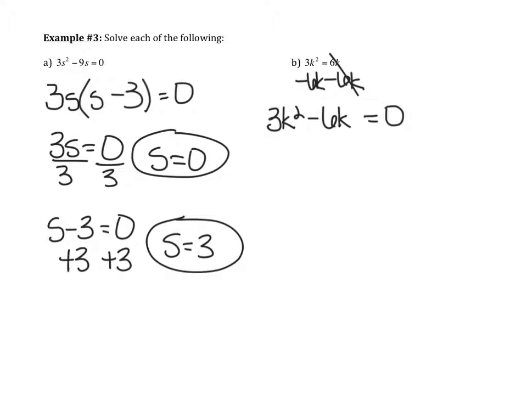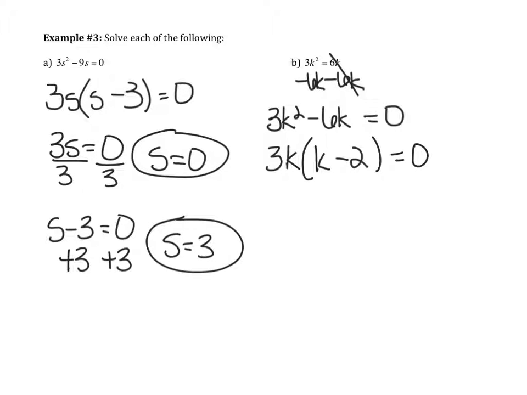So I need to think about what's the biggest number that goes into 3 and 6, and how many k's will I take out. So the biggest number that goes into 3 and 6 is 3, and then k squared and k, remember you basically just take out the smallest power, so I'm going to take out the k. So then just multiply by what's left over. So parentheses, 3 times 1 would give me 3, k times k would give me k squared, and then 3 times what would give me negative 6, so it'd be 3 times negative 2. I took the 1k out, I only had 1k to begin with, so then I'll close the parentheses